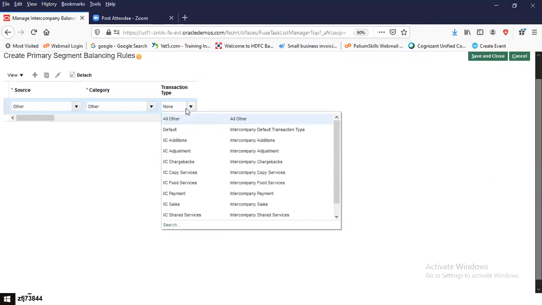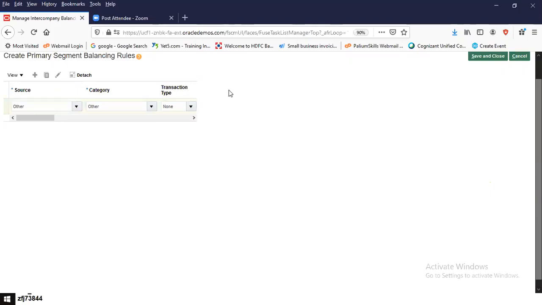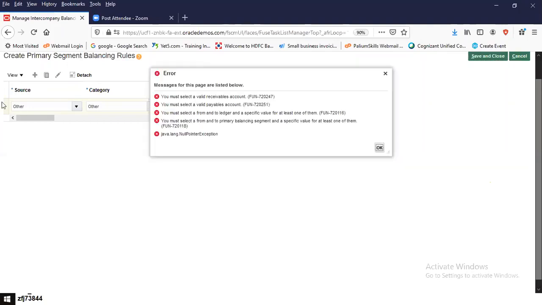Transaction types, you have different transaction types. Here it will be none. So for the primary segment balancing rules, we are looking